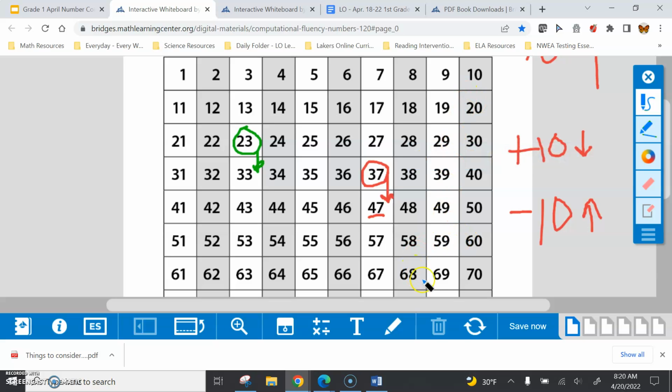Why don't we say, 69 minus 10. Do we go up or do we go down? We go up. Very good. And again, that's the same thing. The number on the end is the same. To move from 69 and take away 10, we have 59. It's only the number in the front that has changed, but the number in the back, the 9, is still the same. I hope you're learning more and more about these